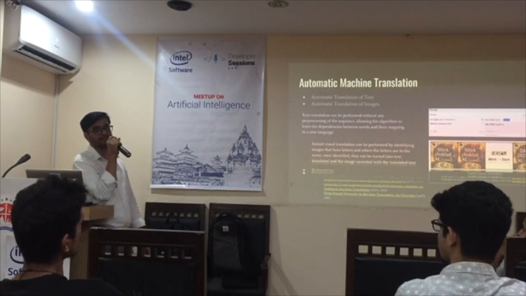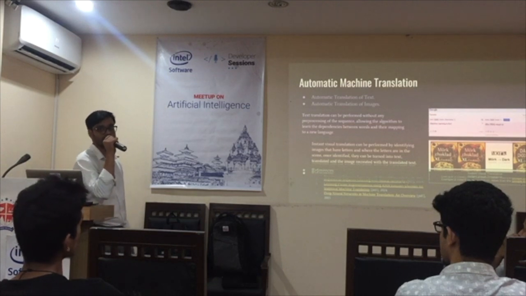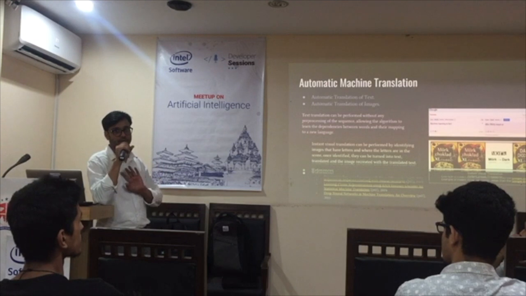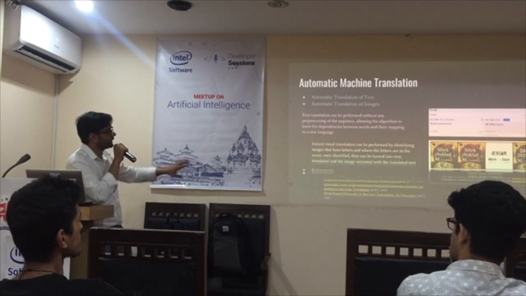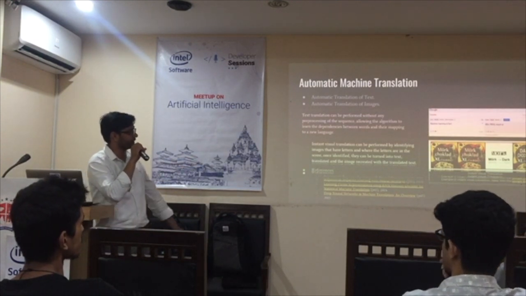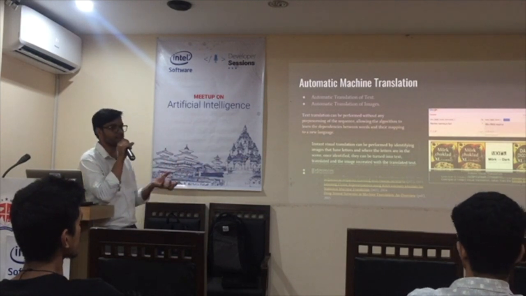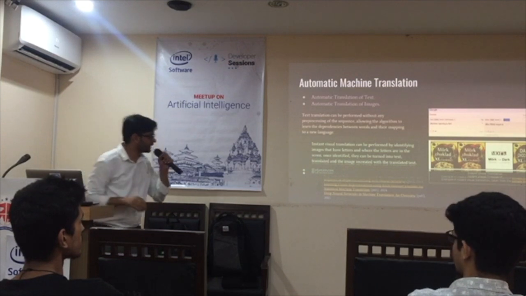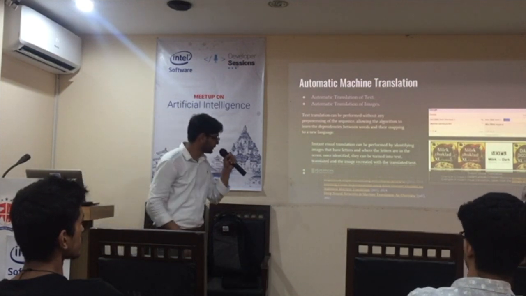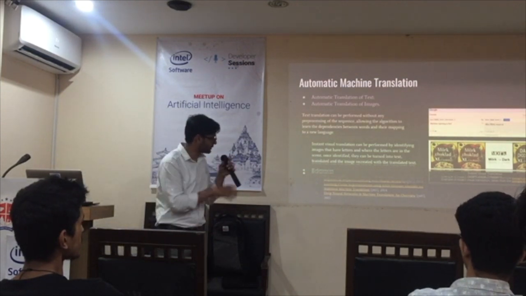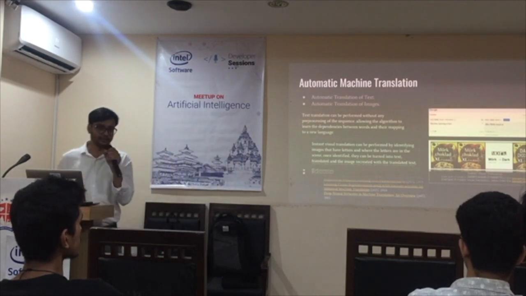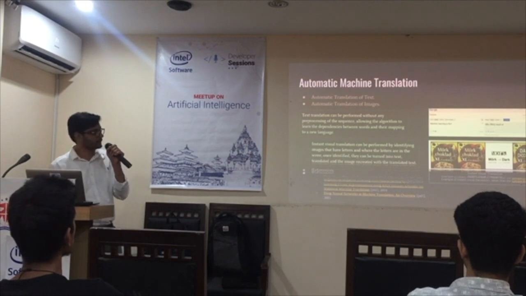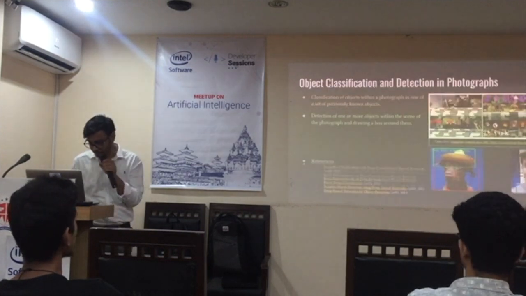So if you have to translate the Nepali language to English, then we can directly apply this on the raw data without any pre-processing. Another instance, visual translation, is finding the text in an image and translating it to another language. Here also the references are very new, recent, 2014-15. Actually, this deep learning advancement is after 2008 and mostly after 2012.